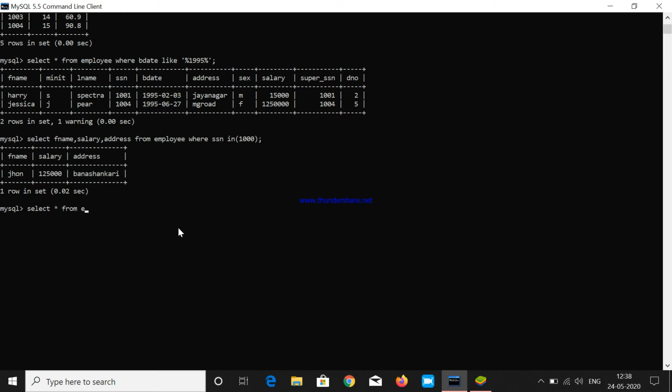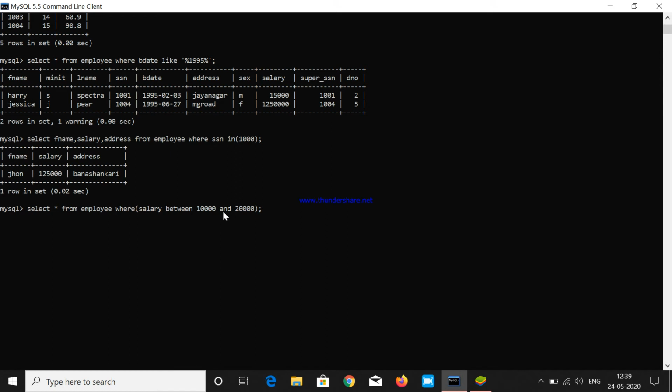Select star from employee where salary between 10,000 and 20,000. Here I am using both the BETWEEN operator and the AND operator.